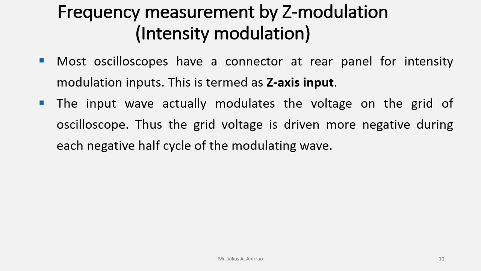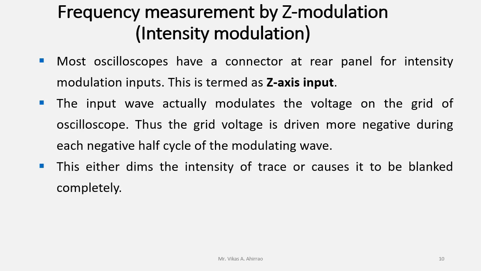The input will actually modulate the voltage on the grid of the oscilloscope, and by that one the grid voltage will be driven more negative during the negative half cycle. Because of this one, the intensity will be either dim or it may be completely blank,